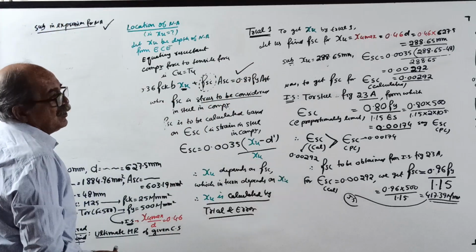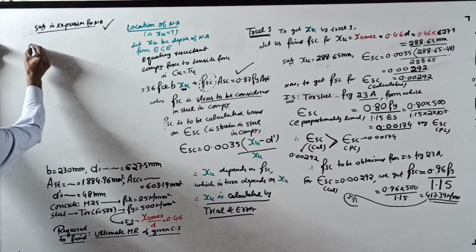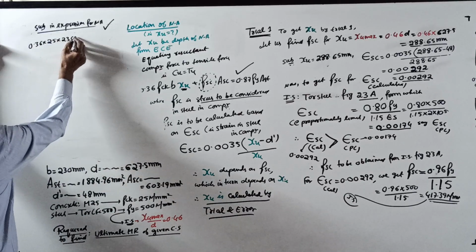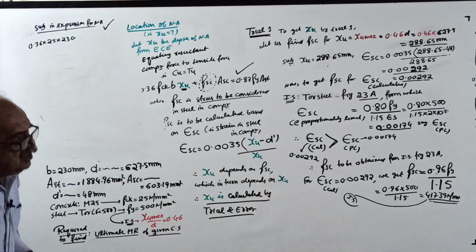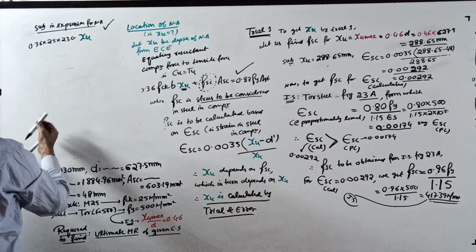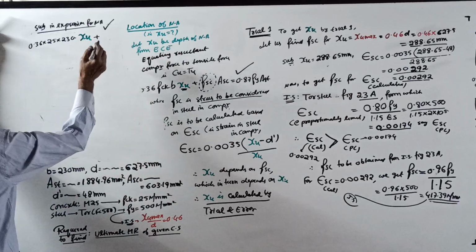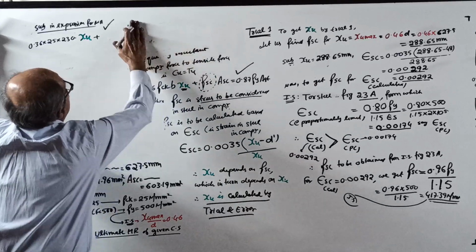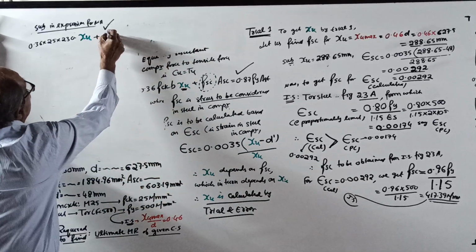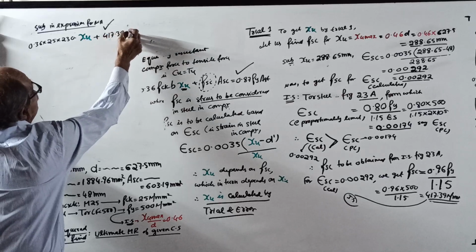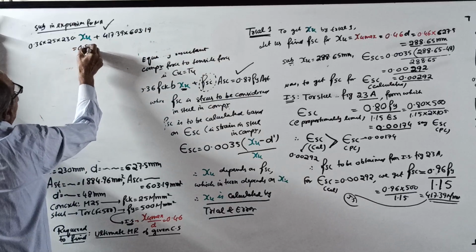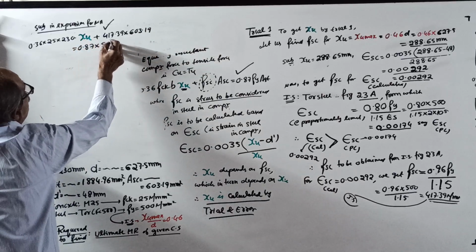Start: 0.36 into FCK 25, B is 230, into XU, we want to find the value of XU, plus FSC, which is 417.39, into ASC 603.19, equal to 0.87, Fy is 500, AST